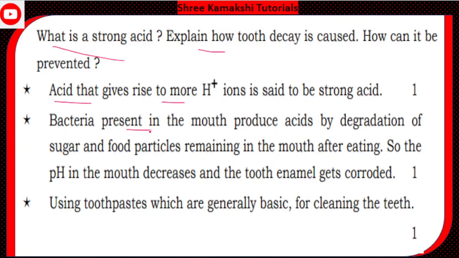Bacteria present in the mouth produce acid by degradation of sugar and food particles remaining in the mouth after eating. So the pH in the mouth decreases and the tooth enamel gets corroded. Prevention is using toothpastes, which are generally basic, for cleaning the teeth. Understand, students? The next question is,